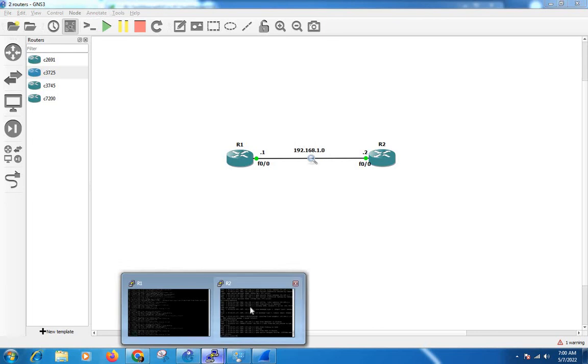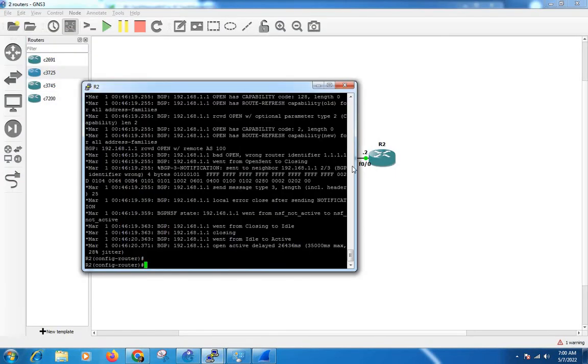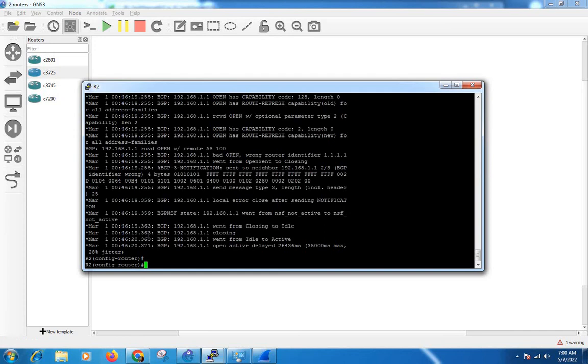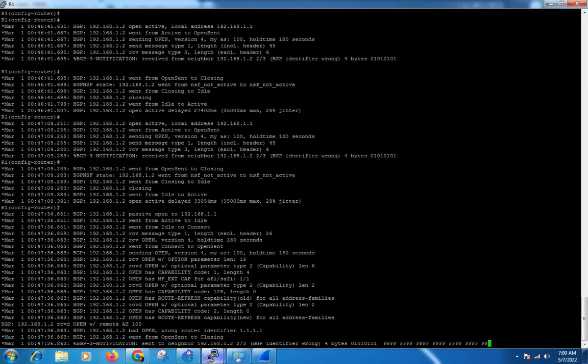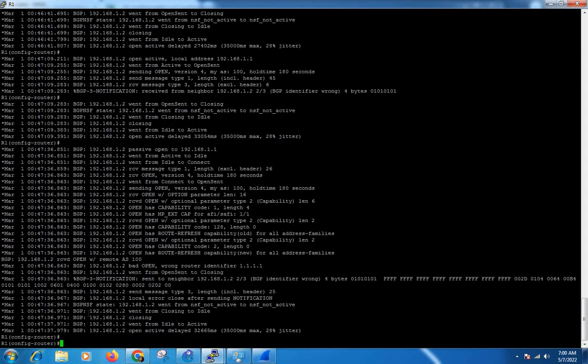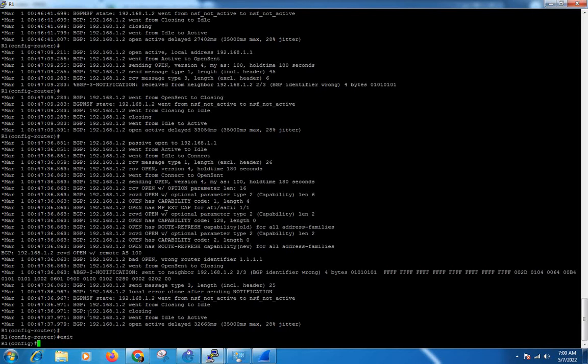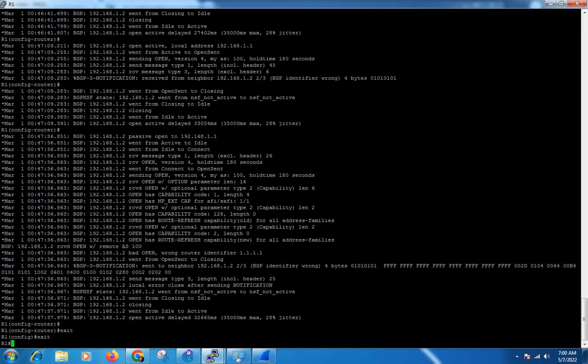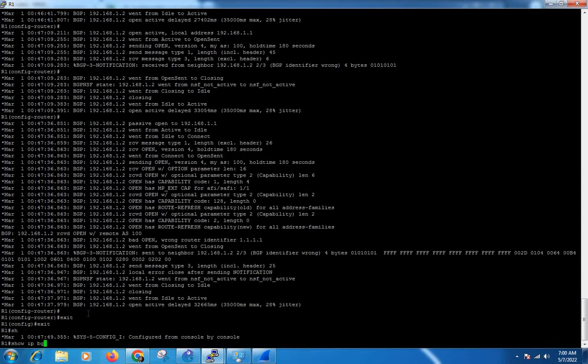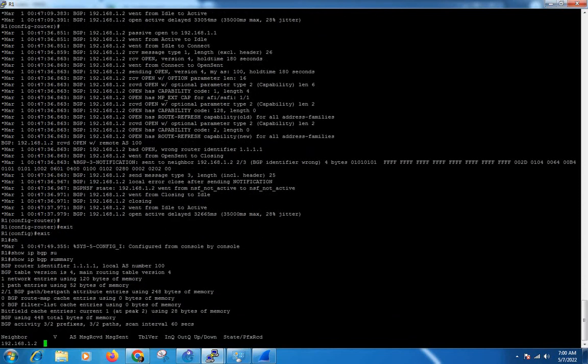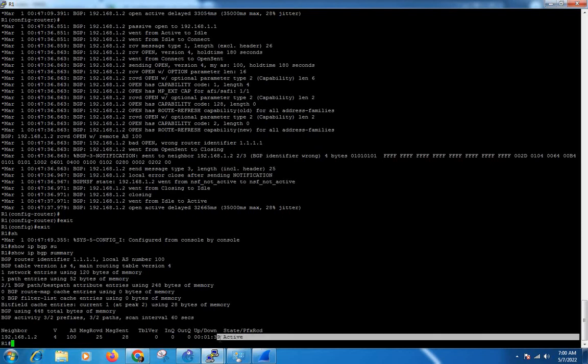Here we can also check that they are giving the error because debugging is on. We can check which state BGP is currently in. Show IP BGP summary: it is in active state because it is not able to establish the TCP connection.